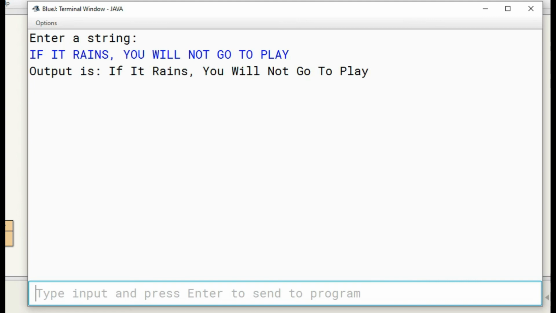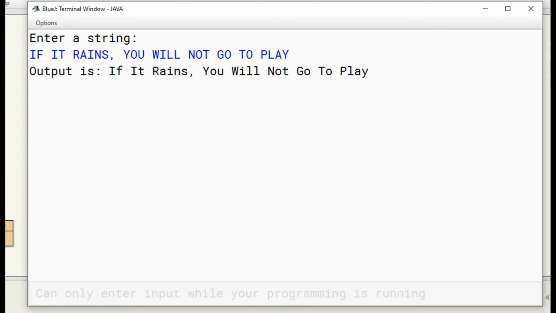So this is the string that we have entered, and here we are getting the output. All the letters of the words other than the first letter are in lowercase format, and the first letter of every word is in uppercase format.